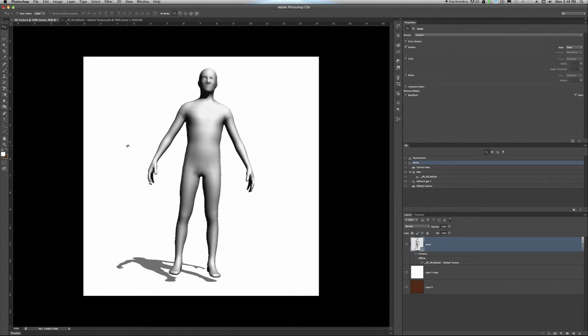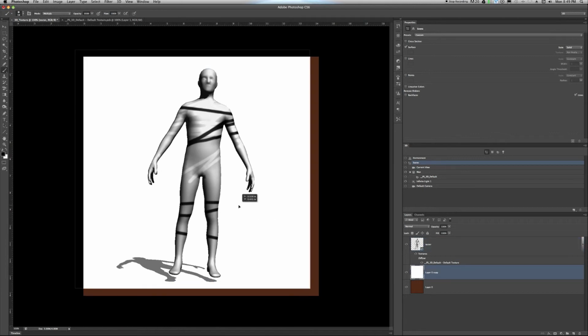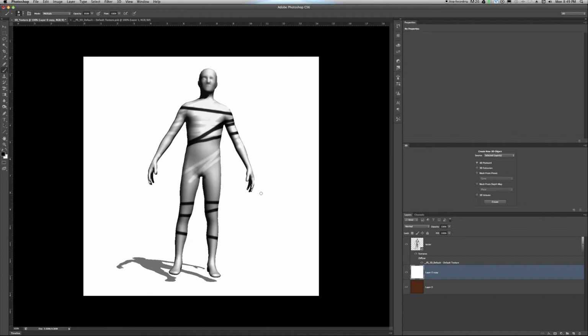I want to, let's say, be able to take my brush, and I'm just going crazy on this thing. I'm going to hit D, which is going to change this to black and white. I'm just going to go nuts on this guy. And as you can see, I'm pretty much going over this guy, and that's it. There are no layers here that I'm messing around with,